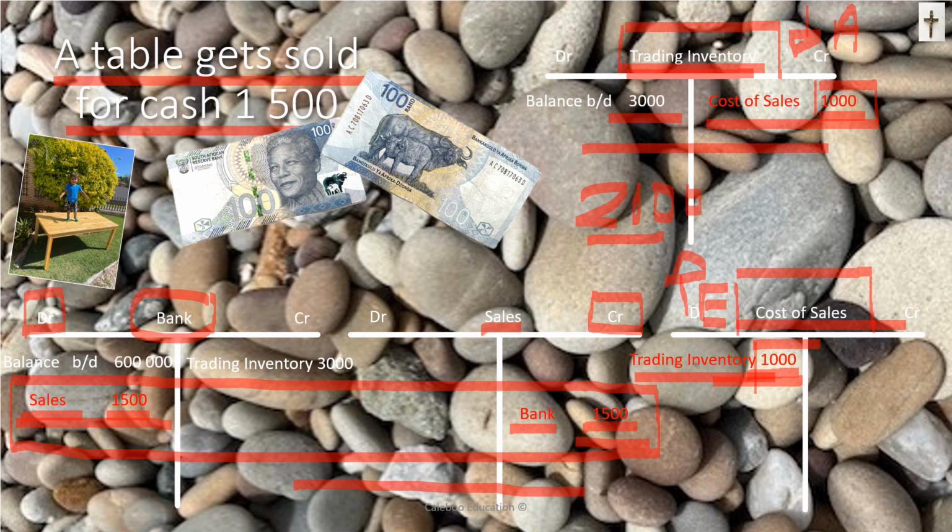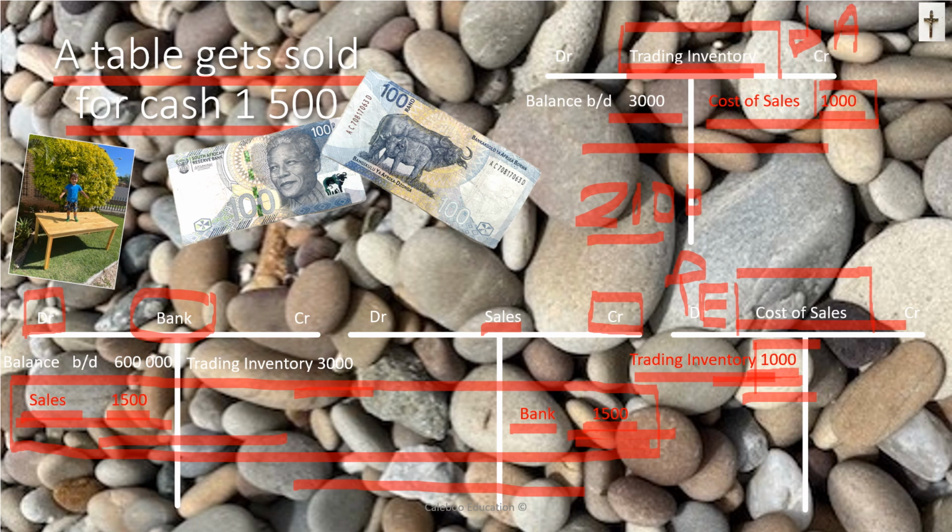That's the value of our stock. If I balance this account, there would be 600,000, actually 601,500 minus 3,000 will give you the balance of what should be in our bank account. The income that we've earned is 1,500, but there was a cost involved, and the cost of the sale was